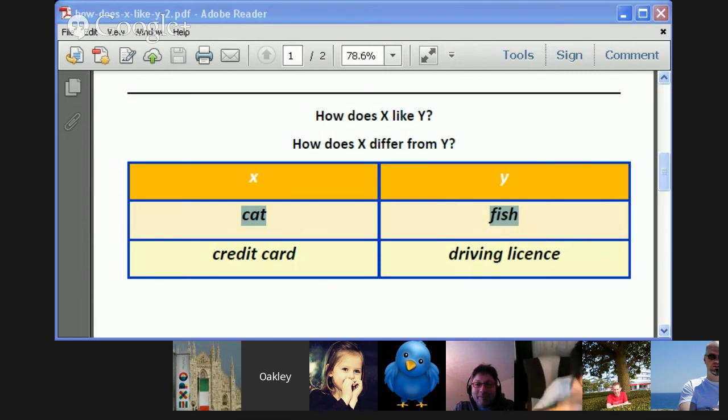Of course not. Now, Julio used some excellent connectives. Instead of saying they're the same, he said they're alike, and that was very nice. And finally, I've heard it. I was waiting for this all day. He said, on the other hand, to introduce that he's about to talk about a contrast, some way that they're different. Excellent. We often combine on the other hand with on one hand. So on one hand, they're both animals. On the other hand, a fish is aquatic and a cat is a land animal.